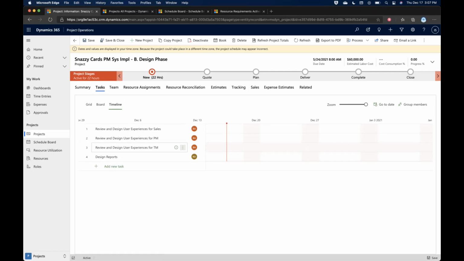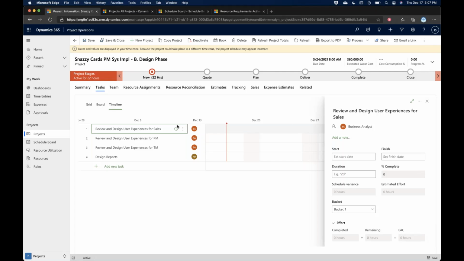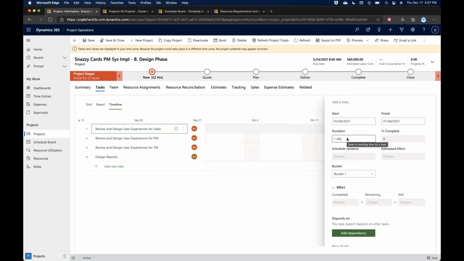But getting back to a little bit of the thoughts in terms of how we can actually schedule this activity. If I click on the information button, and I can do this from any of the views, from the grid, the board, or the timeline, I can go ahead and set a start date. So I think this is going to start in the first full week of January. And the duration for reviewing and designing user experience for sales, we'll probably set that to about 2 days. We're going to say that,